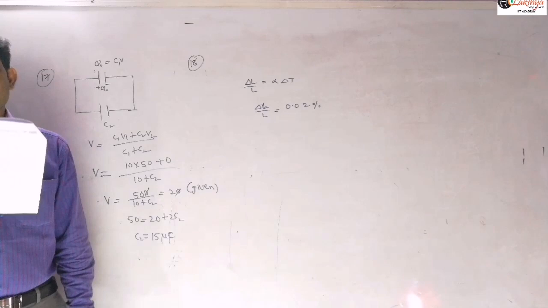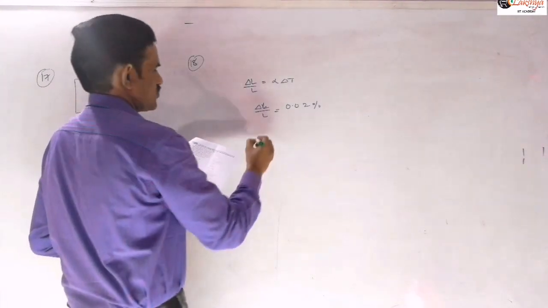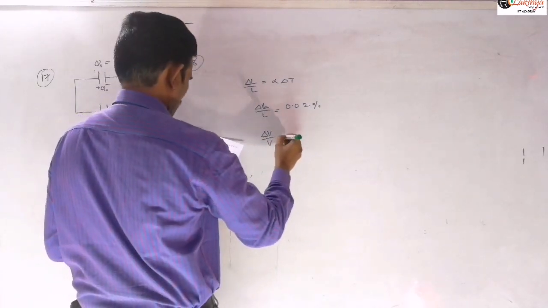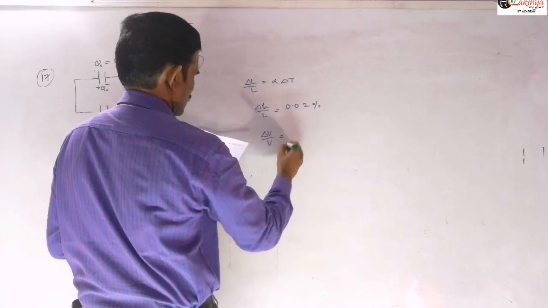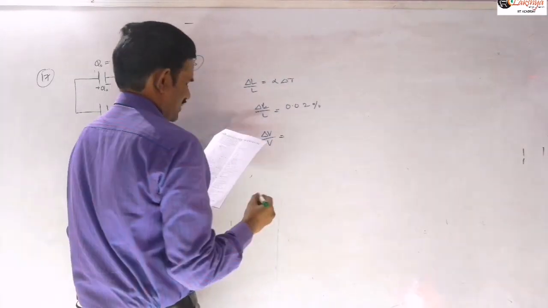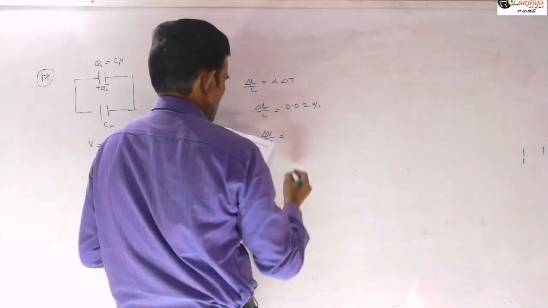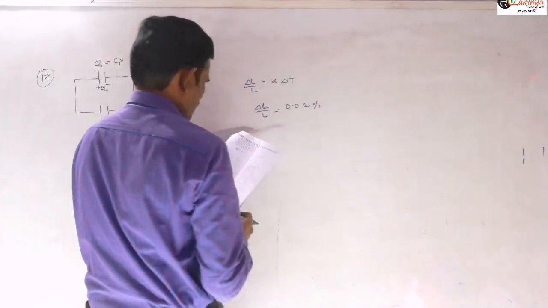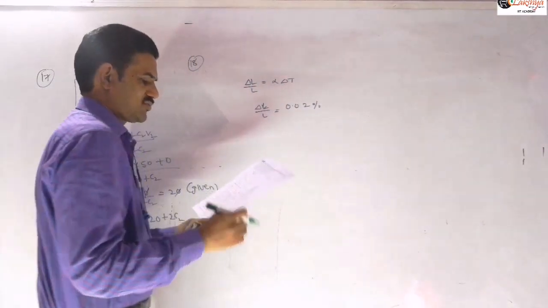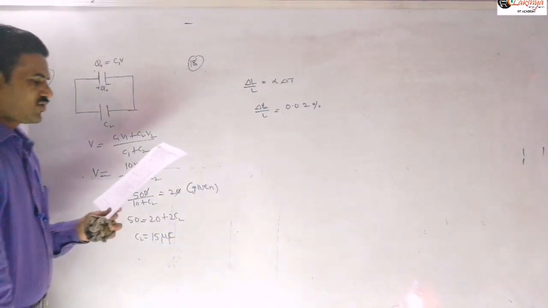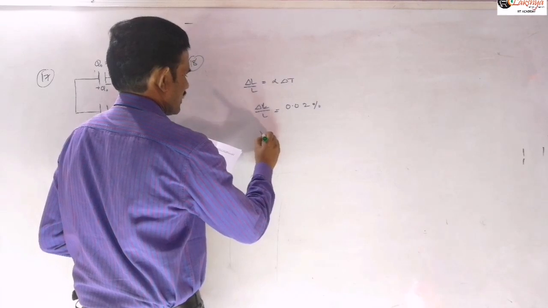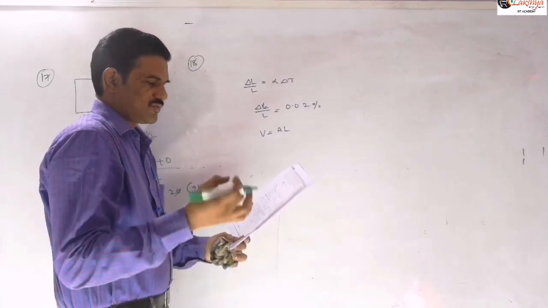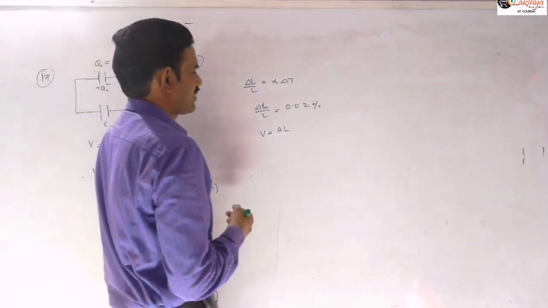And now let us calculate the percentage change in volume here. They are asking for the percentage change in volume. If you are able to answer that, then you can answer about the percentage change in density, because mass per unit length is a constant value. So what I can write there is V is equal to A into L for cylindrical wires, because it is given as a wire here. So for this wire I can write like this,